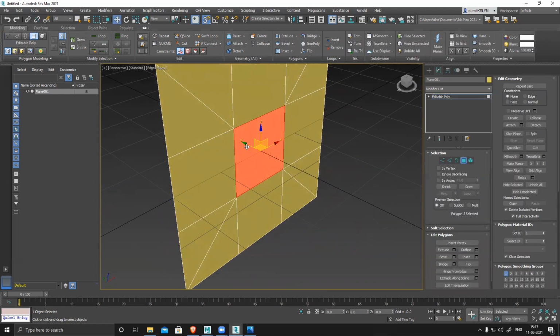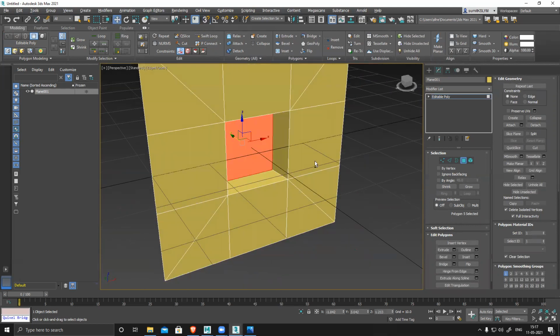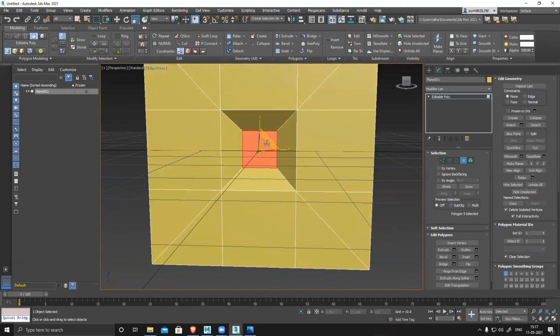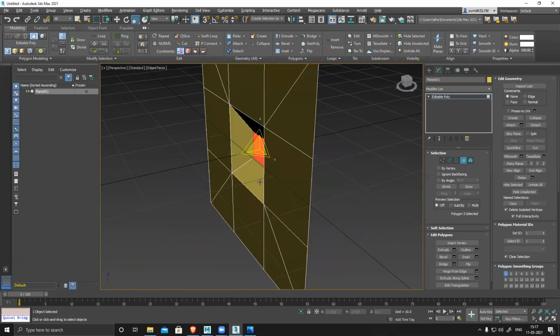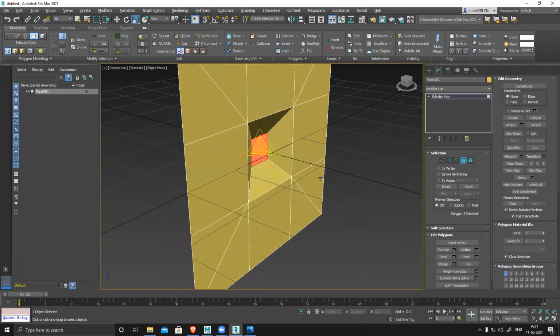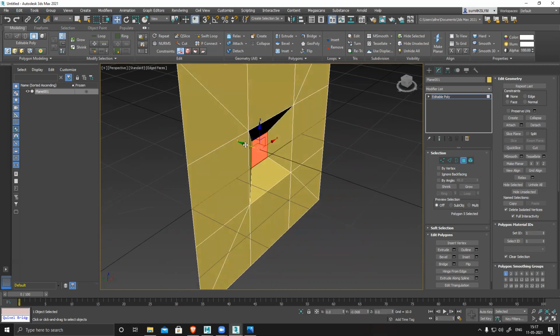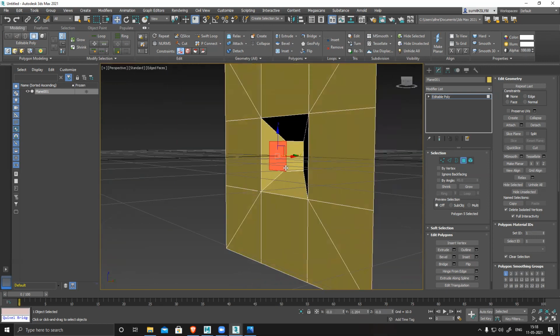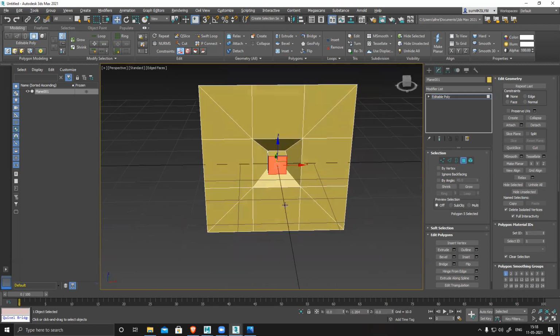Select this, shift, move it, switch off this thing, shift and move it, resize. A basic rectangular shape and a depression. If I want, I can extrude this and create a button kind of surface.